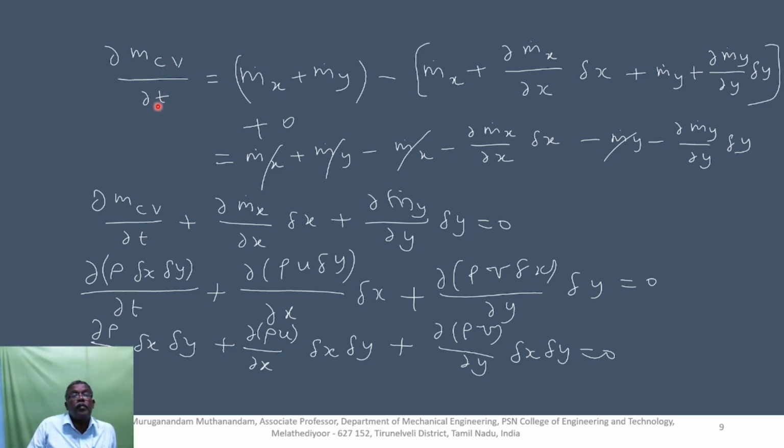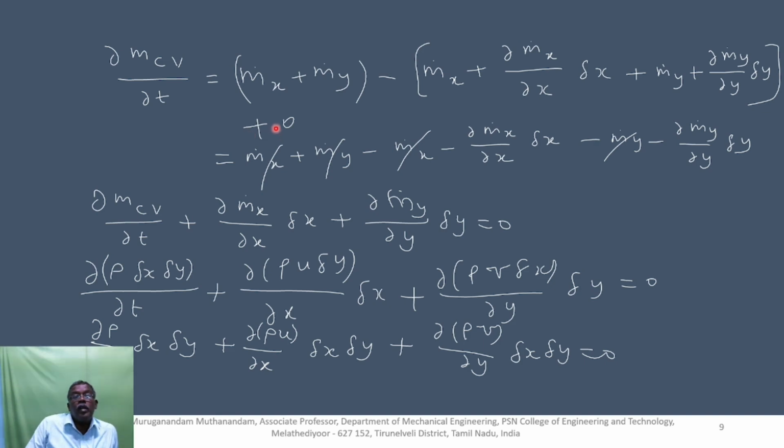That is the left hand side of the conservation law, which is equal to the time rate at which mass flow enters the control volume, m dot x plus m dot y, minus the time rate at which mass flow leaves the control volume, which we have written using the first order Taylor series expansion,